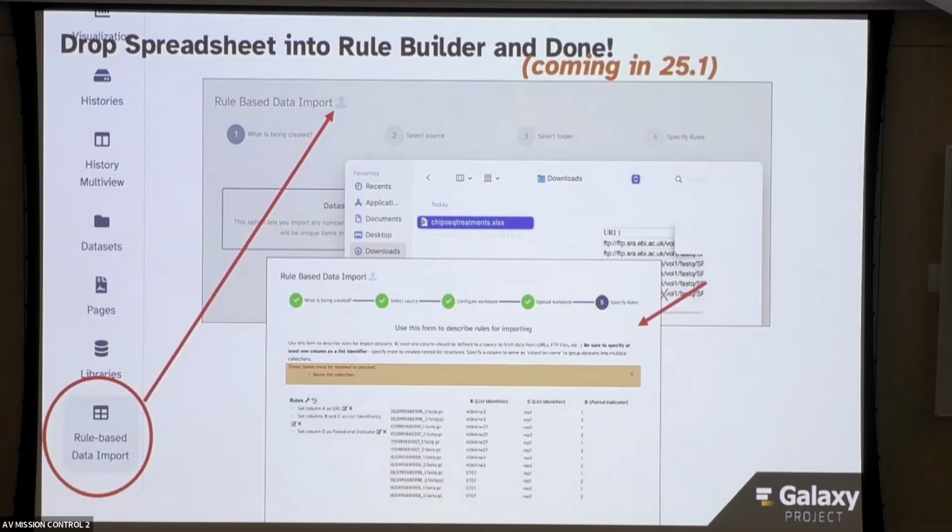So I mentioned the rule builder. In Galaxy 25.0, we've rebuilt it to be a wizard. So it's a lot more helpful. I encourage you to check it out, but this talk isn't about that. But at any point in this wizard, you can say, I've got this spreadsheet that has headers that Galaxy should be able to interpret what they mean, and I should be able to build the collection right from that. And so you can either just drop your spreadsheet right in there or click upload,